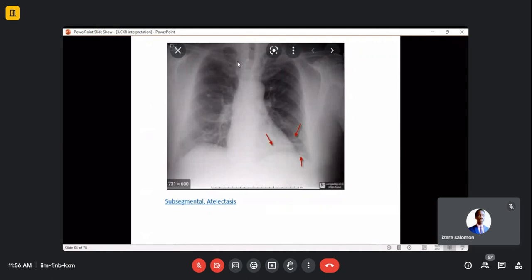Is it clear or not? Clear. Very clear, indeed. But it is tough to find that linear collapse opacity. It's very tough to see. No, I mean,